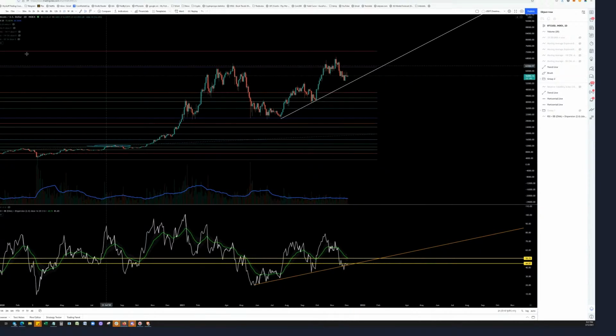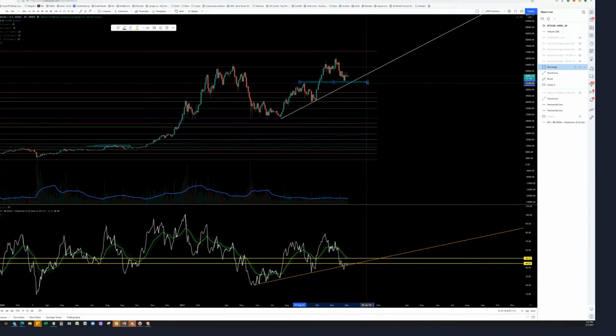So it is possible, I'm not ruling it out, that at this level, previous resistance there, again, we can have the double bottom, right? Just like we did here. So it's taken 2 days, 1, 2, 4, 3 candles, there's six candles. And so there is that slight possibility that we have a double bottom and then we go up, just like